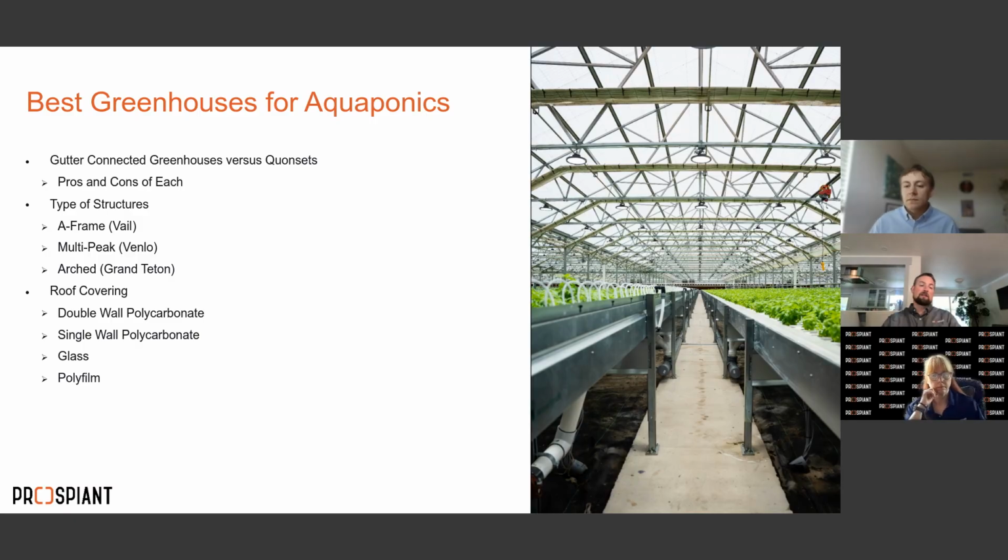And a lot of this is going to be dictated by your building department too. If you're building in a rural environment, you might be able to get away with doing a non-permitted ground-to-ground Quonset style house. But if you're starting to build this in a more residential area or more urban environment, then you're going to probably need to look at the engineered structures that would have a rigid covering, and they would allow you to meet the energy savings requirements of the building code